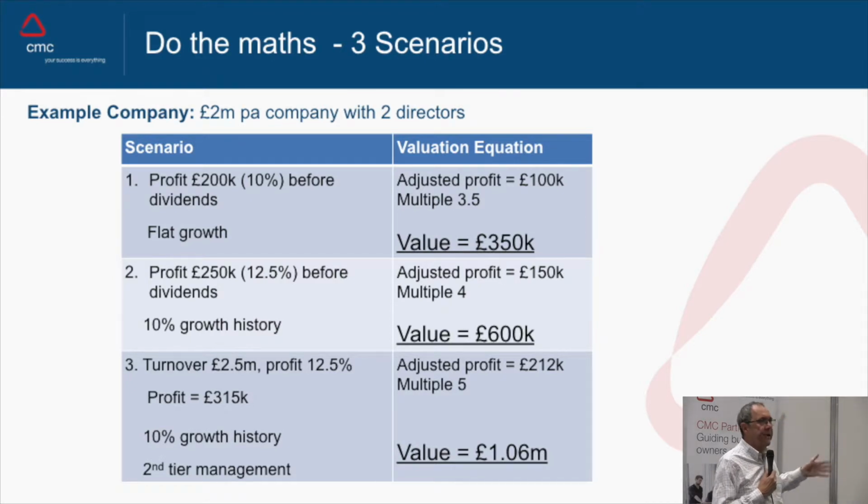This is a 2-director company, turning over a couple of million, flatlining along. The business is good. The kids are educated. There's a Range Rover in the drive. They've got their apartment in Portugal. So it's a good business. They've really done well. What's not to like? They then come to sell the business, and actually it's a slightly different story because they've